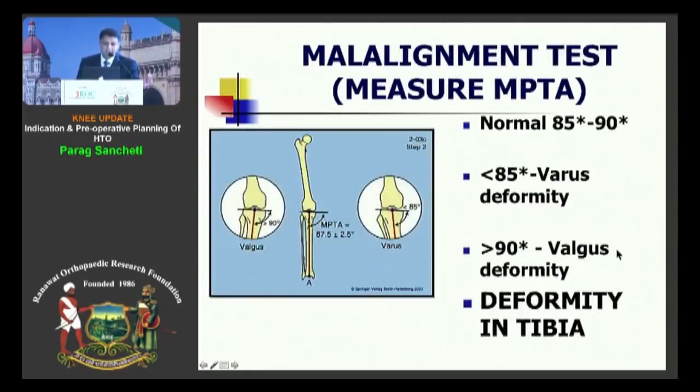The next angle, which is very important, is the MPTA, the medial proximal tibial angle. Less than 85, varus deformity, and this is what you're going to see most of the times when doing an HTO for varus deformities. Greater than 90, then it's going to be a valgus deformity originating from the tibia. So this is very easy. As long as you get a good long leg X-ray, a good scanogram, these calculations are not at all